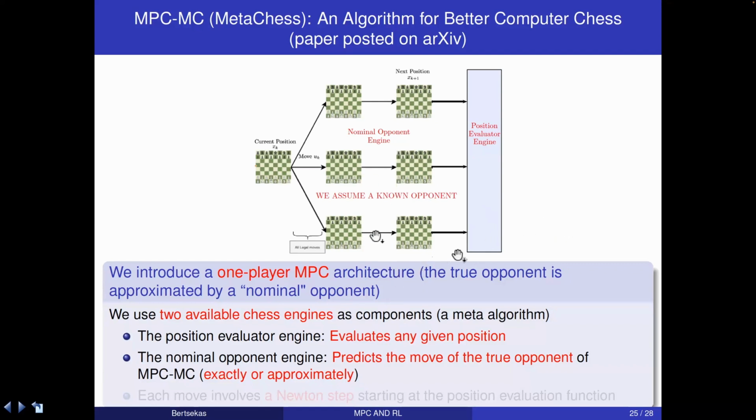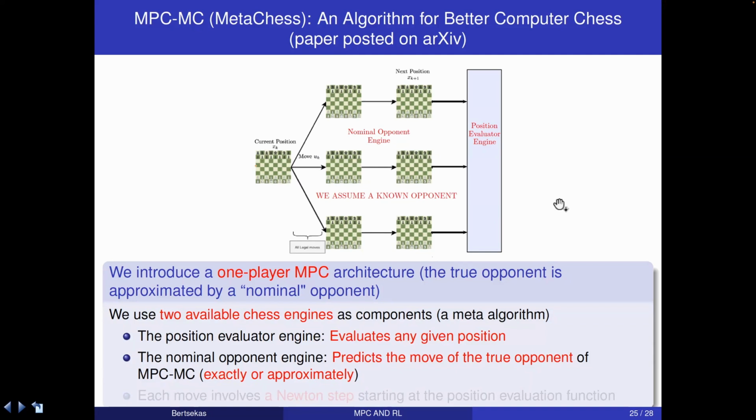So that's why in our experiments, we have used a very strong engine to model the nominal opponent, namely the Stockfish engine. On the other hand, this is our experience from chess, and it may not be generalized to other problems. So we are looking forward to experimenting with other situations, and I also look forward to seeing what other people come up with. The next question will be by Gabriele Panocchia.